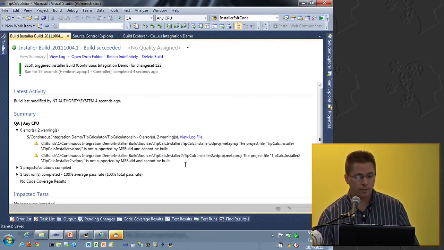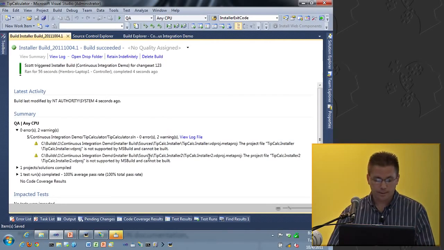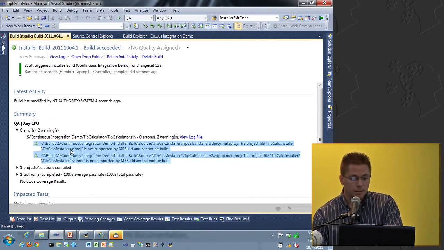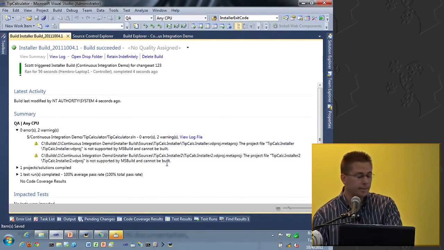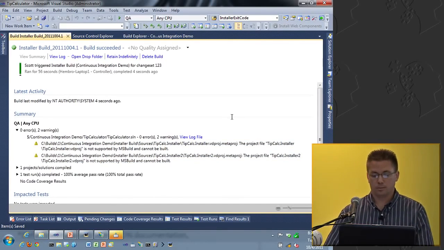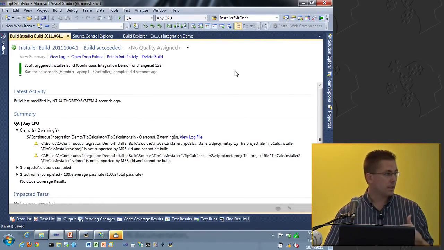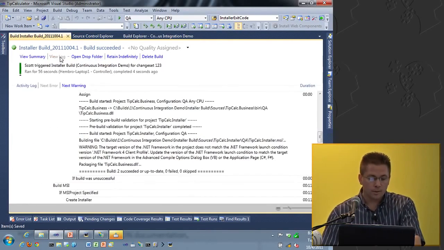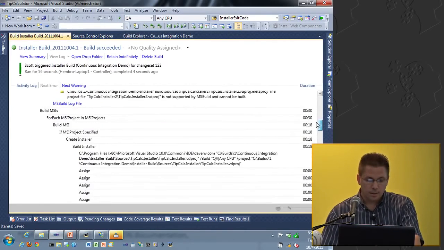Now, okay, one thing I want to point out here, it took all that away. We'll go back and take a look at it. Because I had the installers checked as part of the solution, MSBuild still attempted to build those installers, and it just gave warnings. It didn't fail to build, but it did give you the warning messages. I haven't tested this, but I would think technically you wouldn't even need to include that as part of your solution. You could probably just specify in that custom property which installers you want, and then you won't even see those warnings. But let's go and look at the full log, and you will see that